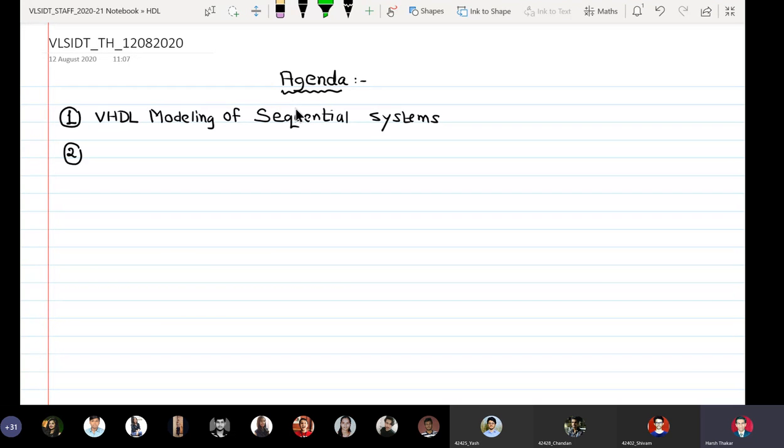That means the number of inputs required in the excitation table reduces, and the number of K-maps to be solved also reduces. Do you get me? That is why D flip-flops are the best choice, because the number of K-maps which you have to solve reduces by a factor of 2 compared to SR and JK. Okay, this is from the design point of view.